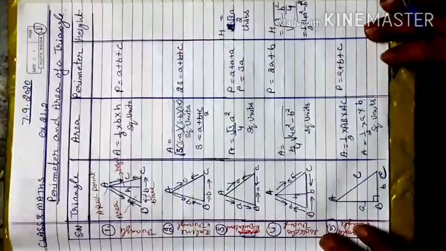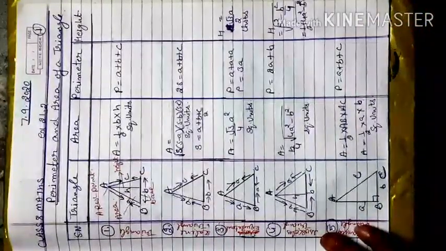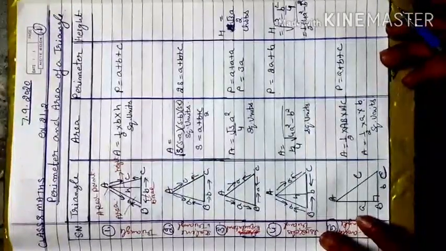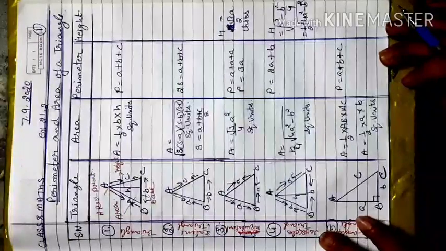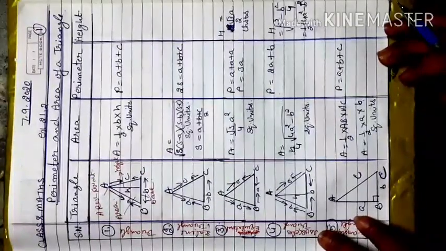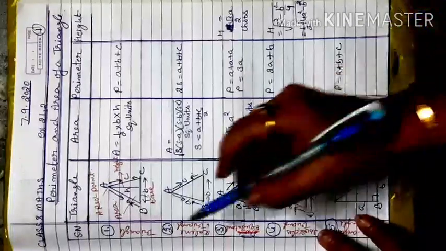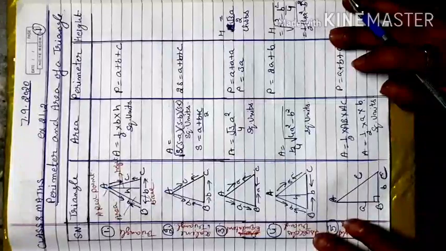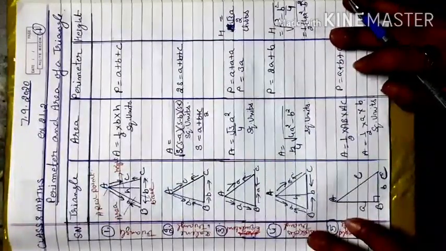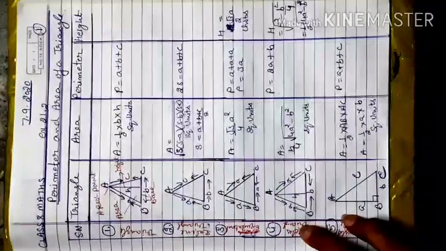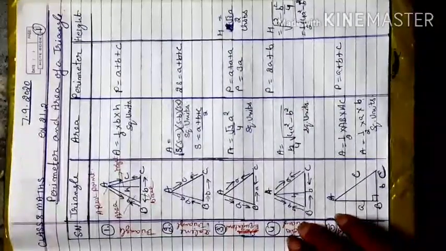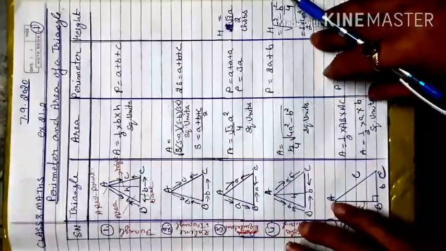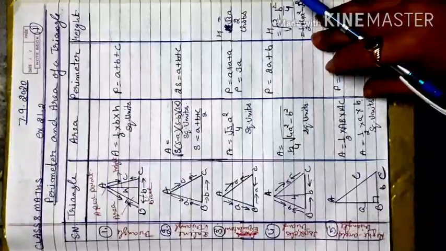Okay, today we are going to start the next exercise. The basic topic is perimeter and area of the triangle. You very well know that when you add all the three sides of the triangle, that gives you the perimeter of the triangle. But what about area? Area is the inner space covered by the three lines. So we call it the area of any closed figure.